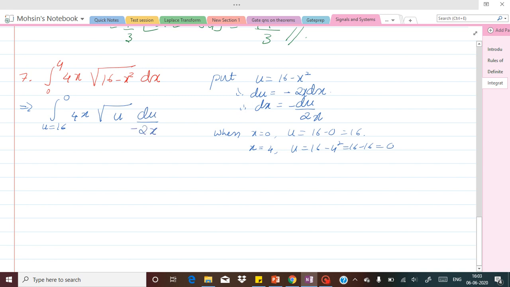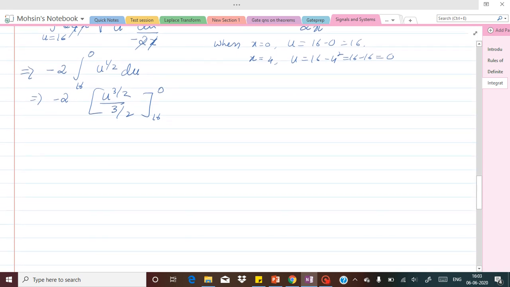So here let us write the negative sign. Therefore this x and x will get cancelled, and 2 will also get cancelled. So therefore what we are going to get from here is this minus sign will come with the constant 2. Integration between the limits 16 to 0, under the root can be written as u raised to 1 by 2 du. So therefore simplifying this, we will get u raised to 3 by 2 divided by 3 by 2 under the limits 16 to 0. Okay, so here